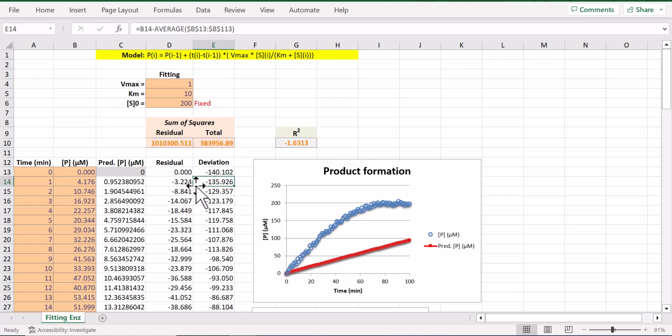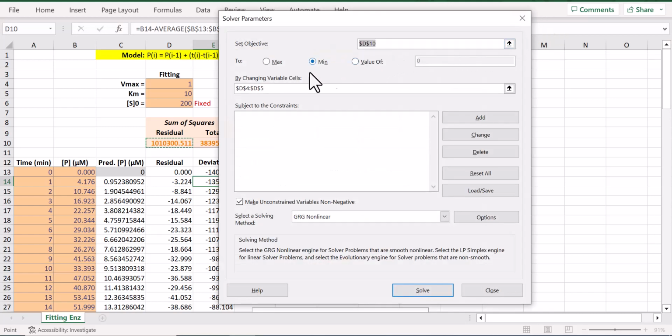So now let's fit using solver. So we go to Data, Solver. So the objective cell is the residual sum of squares, D10. And I want to minimize its value by changing the value in cells D4 and D5, namely Vmax and Km. Now Km is never negative, and neither is the rate of product formation, so I will set these otherwise unconstrained parameters to be non-negative. When I click solve,